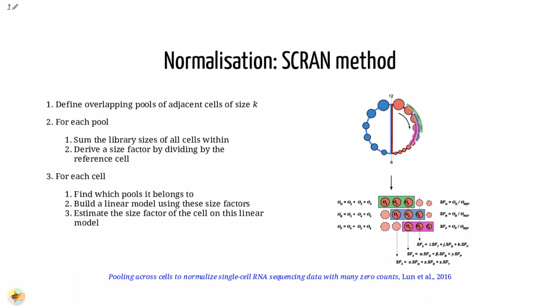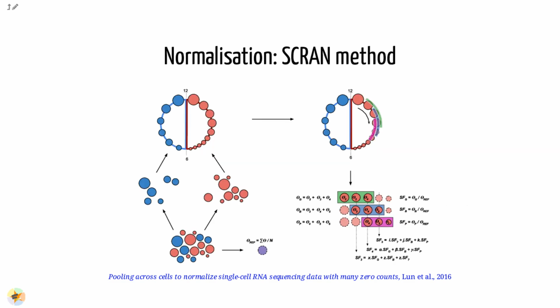A linear model for that cell can then be built by the pools it occurs within, and normalization factors for all cells can be determined this way. By this method, the issue of low sequence coverage is worked around by turning cells with low library sizes into useful components of a size factor that can be applied to similar cells. Such novel normalization methods were commonplace a few years ago, but as sequencing technologies have improved, the issue of many 0 counts in a matrix becomes less important, and normalization size factors can be derived using bulk RNA-seq methods once